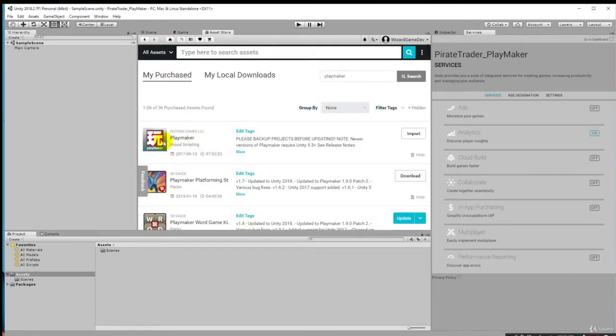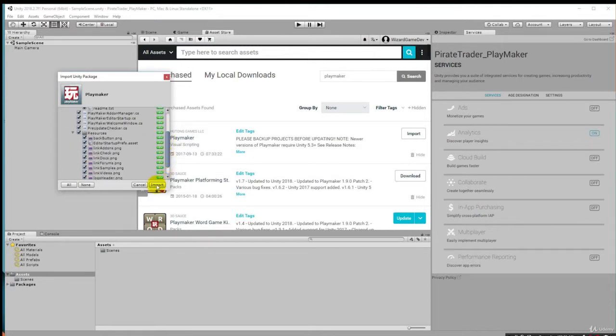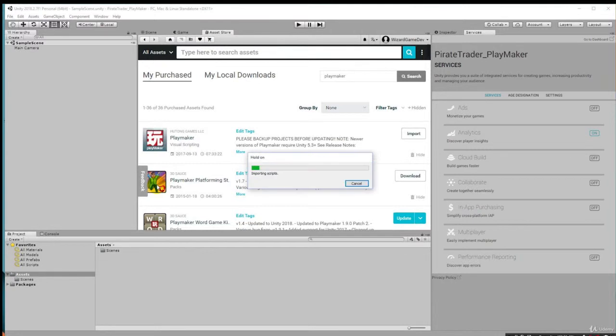And there you'll see that Playmaker is right here at the top now, and I can click Import to begin importing Playmaker, and it brings up the Import Unity package here. We have Playmaker, so this is going to install the scripts that Playmaker needs to install the packages. So I'm going to click Import,